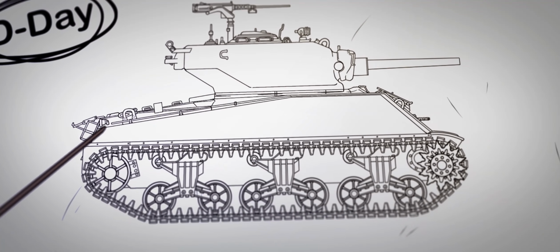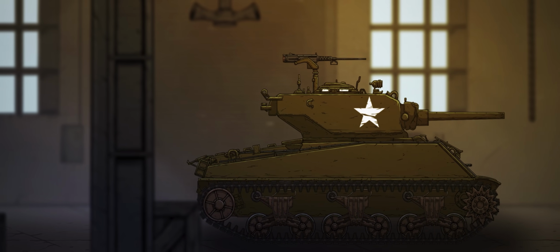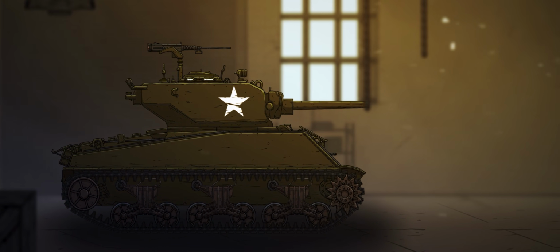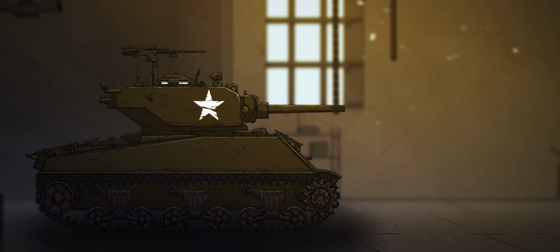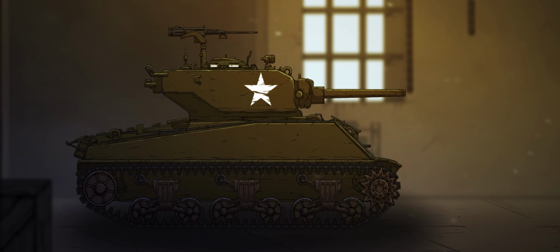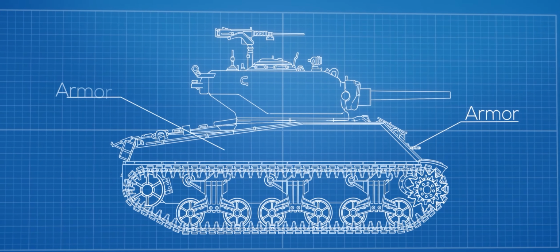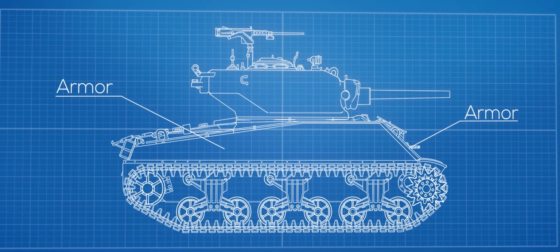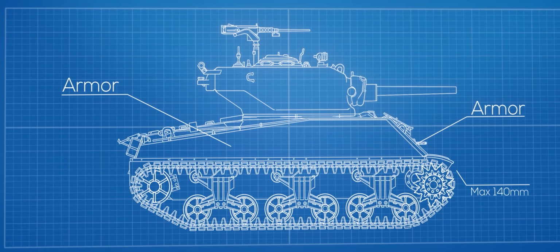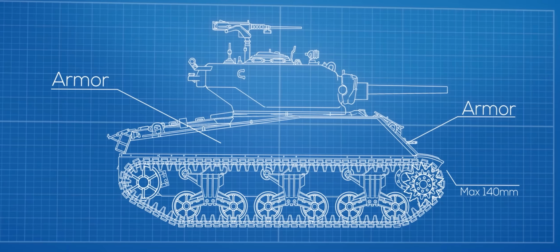By March of 1944, the procurement of such a vehicle resulted in the newly designed M4A3E2 Sherman, or Jumbo as they were unofficially referred to in the field. Based on the M4A3 Sherman, the Jumbo featured new armored plates welded to the front hull and side sponsons. The final drive house was also given a new casting, made thicker by a maximum of roughly 140mm. On top of this, the turret's gun shield also had its armor extended to a maximum of